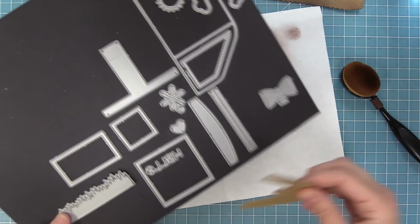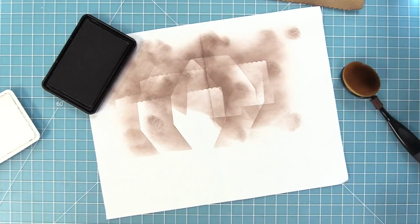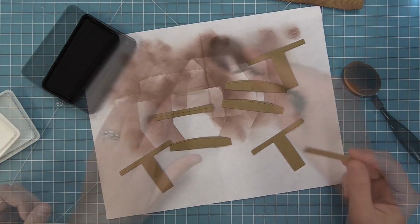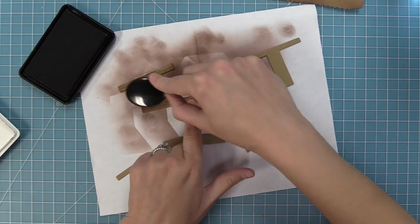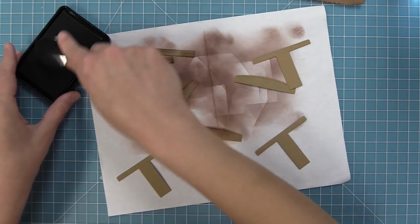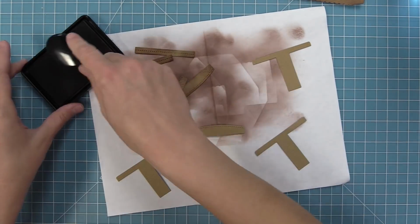So we're also going to be cutting from that same wood grain cardstock the hills that are included in the set and that little piece that's meant to be the bow, but we're going to be using it in a little bit of a different way. We also have 3 T-shaped pieces that are going to help us create this interactive die. And now I'm just going to ink the edges of these with the walnut ink. And honestly, the messier the better, the more it kind of looks like an old aged ship. So we're going to ink all 3 of those hills,